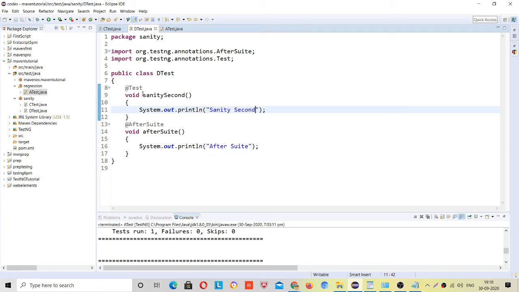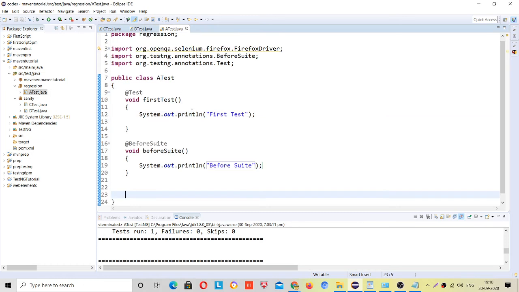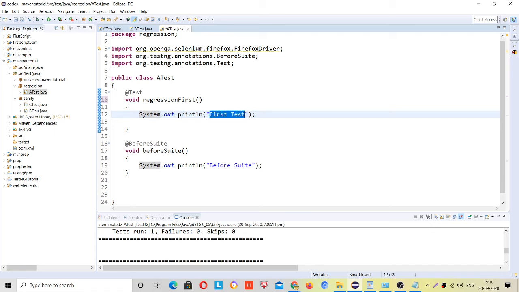Sanity second, right? And A test is of your regression, then just keep the regression first. If we know the flow of the execution, then you can write anything and we will get the output, right? And give this regression first.